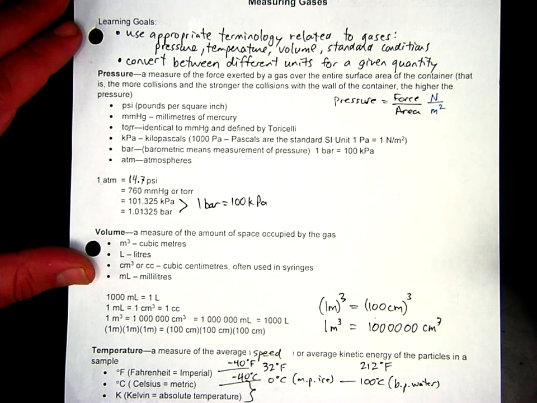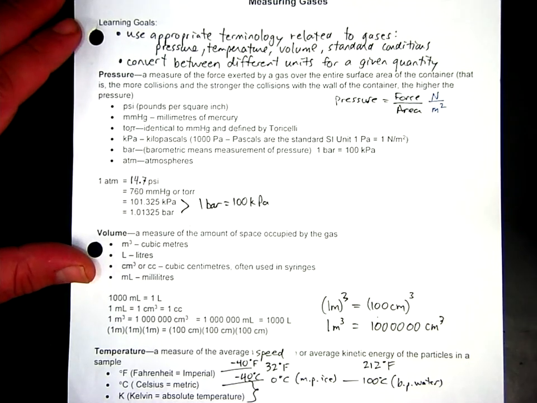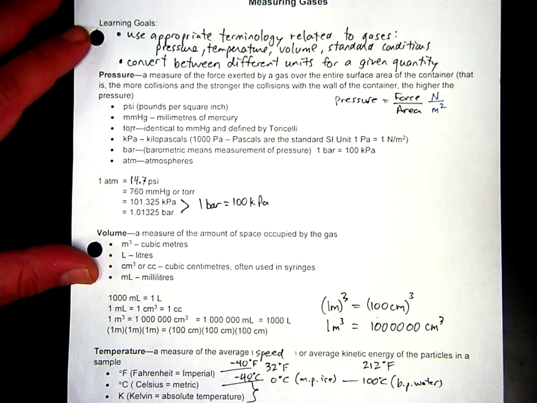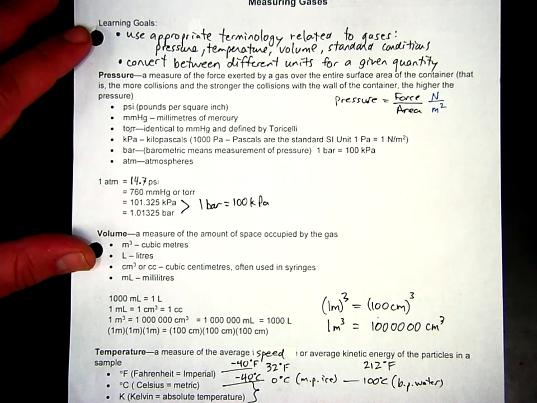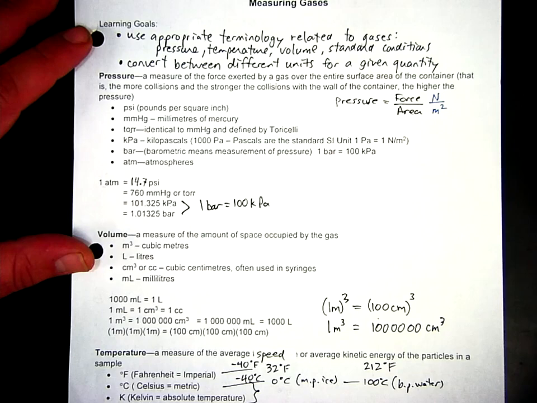Remember, normal atmospheric pressure would be 760 millimeters of mercury, or torr. It does fluctuate depending on the weather and elevation. So this is mainly defined as the pressure found at sea level. And then in PSI, it'd be 14.7 PSI, pounds per square inch. Okay, so that's one